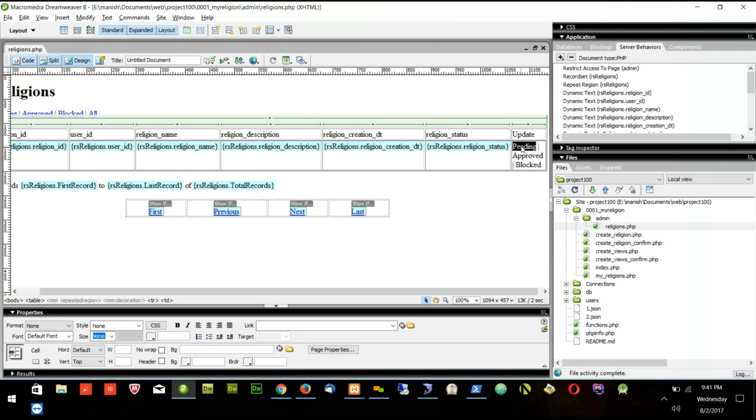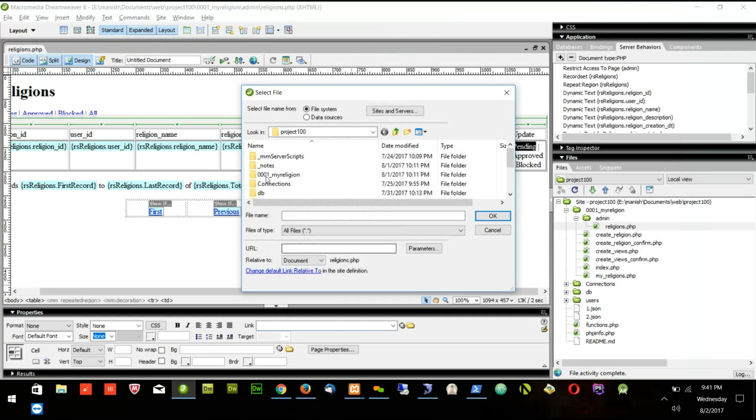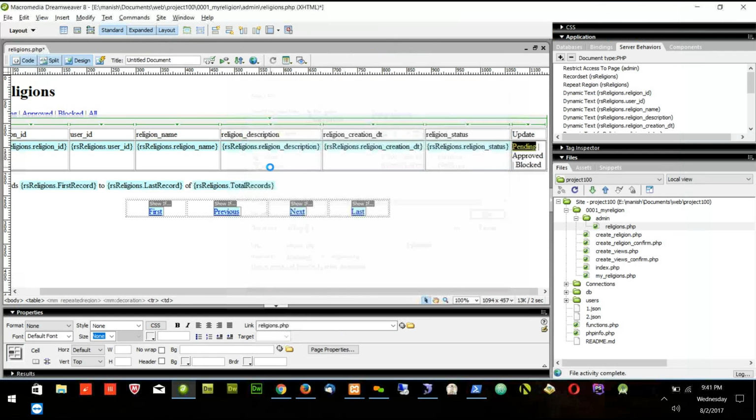So I will click pending and I will choose which page to call. I will call the same page. That is, I will go to admin panel and religion. I will call this religions.php file. Here I will put the status, the new status, the one which I want to change to. So let's say I can say changed status